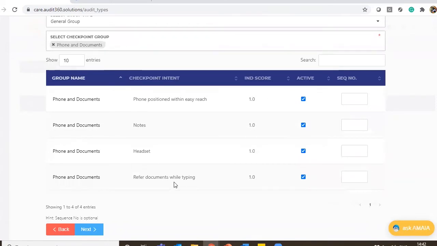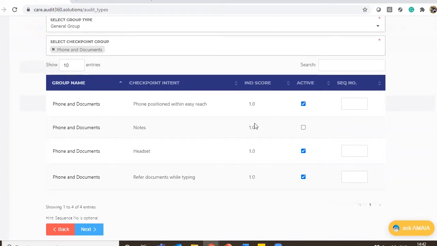Here is one more feature which I would like to explain to you all. You also have a search string where, when you have multiple checkpoints and you would want to search for any checkpoint, you can do it in the search screen. You can also keep all the checkpoints selected for the specific audit type, or if you want to remove any of the checkpoints, say when we have 4 checkpoints here and I would like to keep only 3 checkpoints, you can remove whichever checkpoints are not needed.